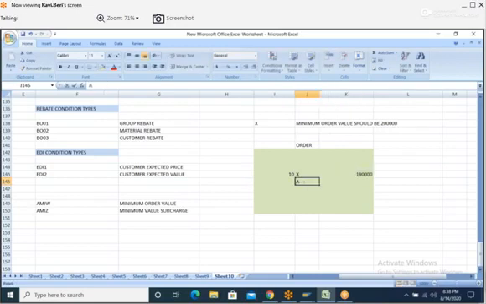Right? But here AMIW is minimum order value. It is showing that it should be 2 lakhs. Now, what will the system do? System will take that surcharge balance 10,000 here and make the net value as 2 lakhs.